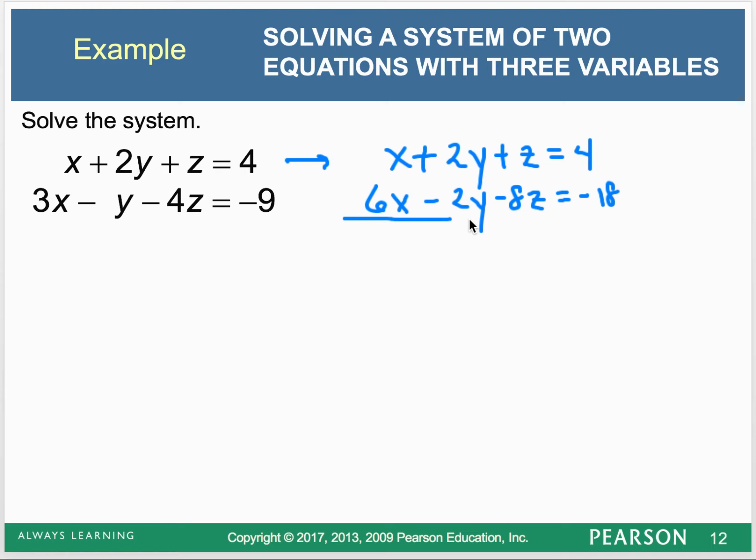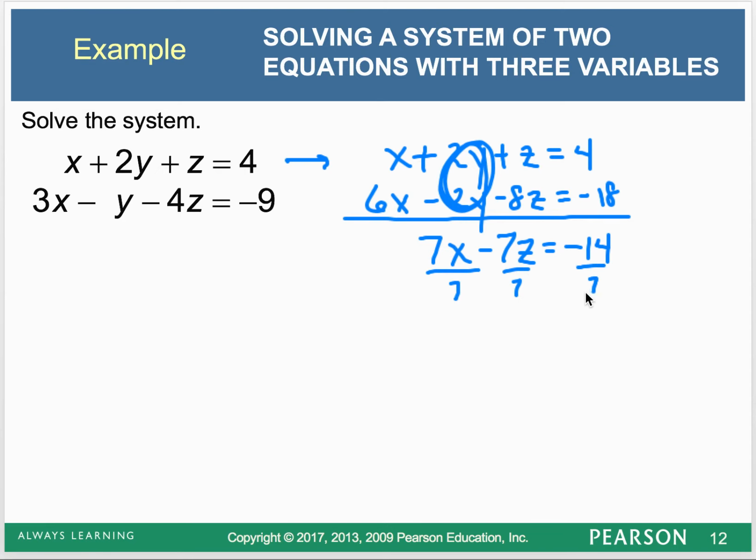Okay, that means my y's get eliminated, and I wind up with 7x minus 7z equals negative 14. Okay, just to make all my math easier, I'm going to make that x minus z equals negative 2. Okay, now notice